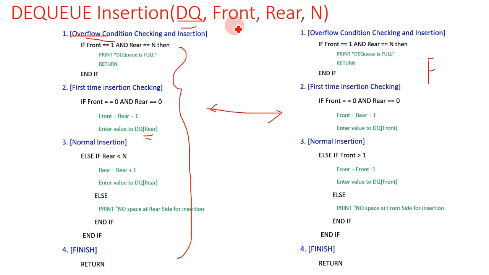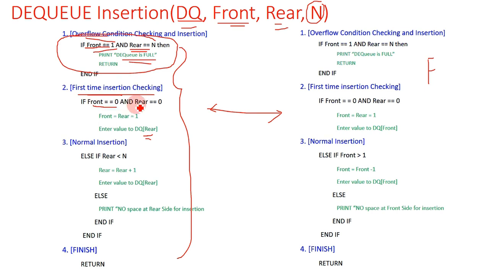Here we have the dequeue, front end, rear end, and n shows the size of the array or the size of the queue or dequeue. If front is at the first location and rear is at the last location, it means that the dequeue is full. This is the overflow condition, and when it is satisfied, the dequeue is full. But if you want to do insertion for the first time, meaning there is no element in the dequeue, and you want to insert from the rear end,